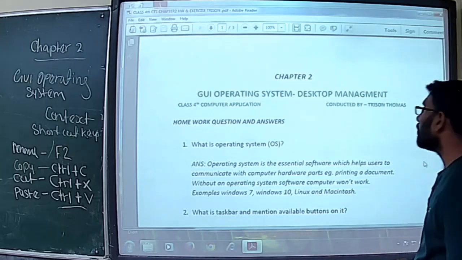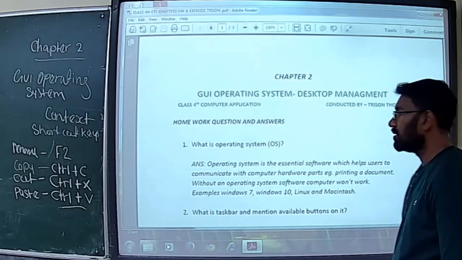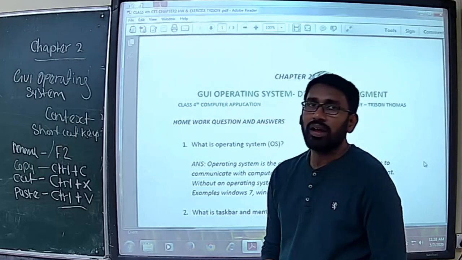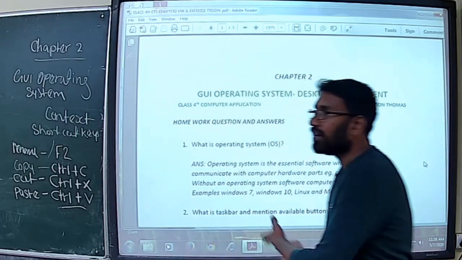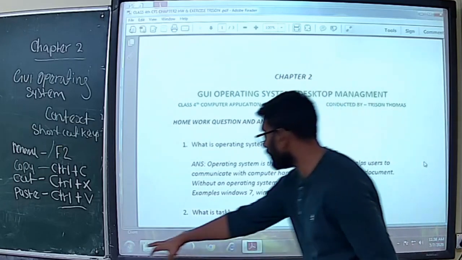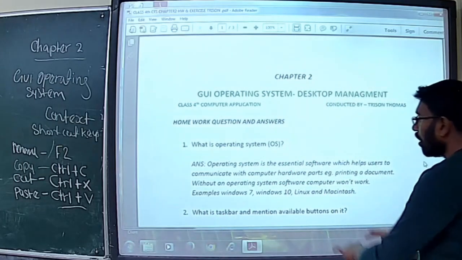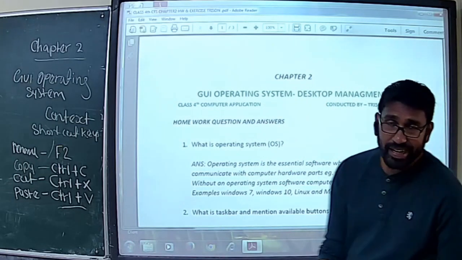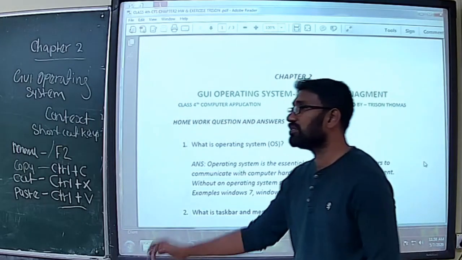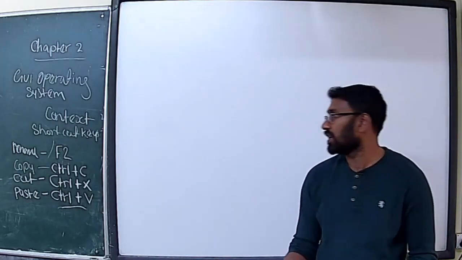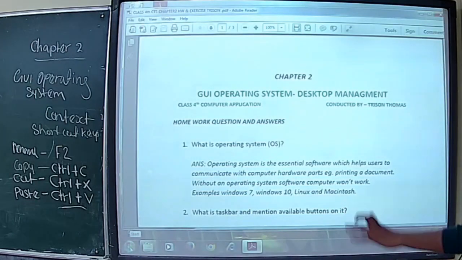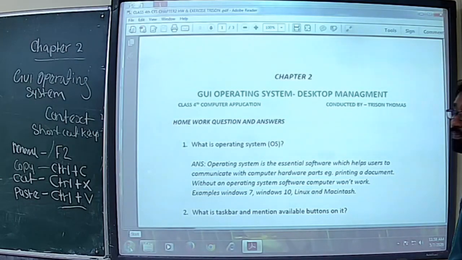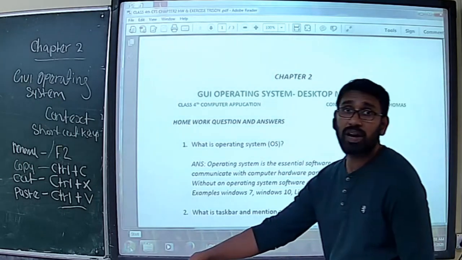Then, our second question, what is taskbar? Mention the available buttons on it. You already know that the taskbar is a strip on the bottom of the desktop. You can see a long strip on the bottom. It is called the taskbar. On the taskbar you can see a start button, in the left extreme of the taskbar.